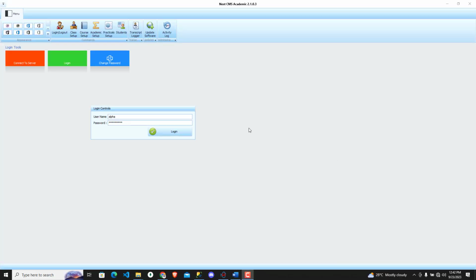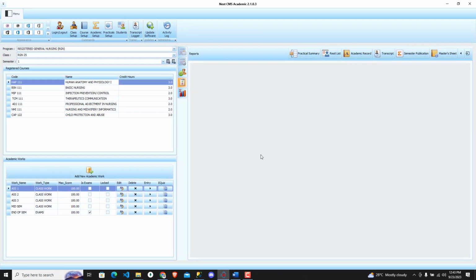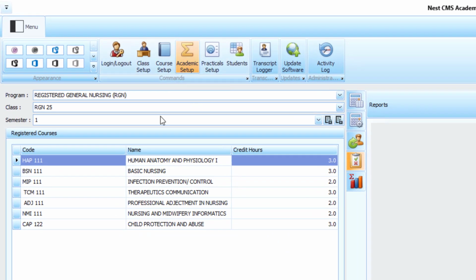Okay, so the first thing you have to do is to log in by typing your username and password. Once you're in, you'll be at the academic page automatically. So you have to navigate back to the class setup page. You have to click on the class setup,